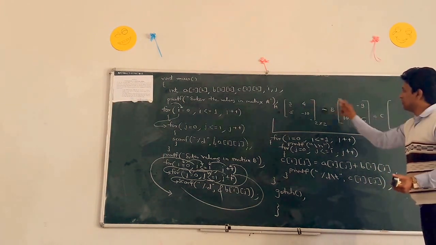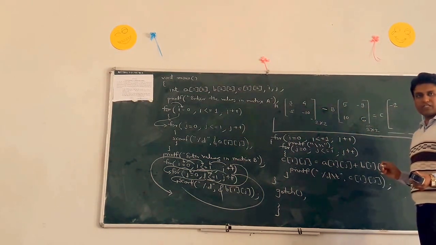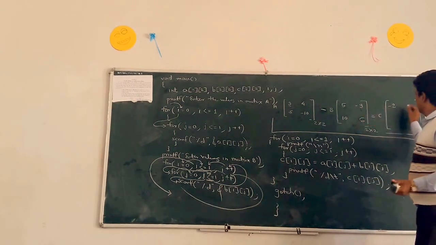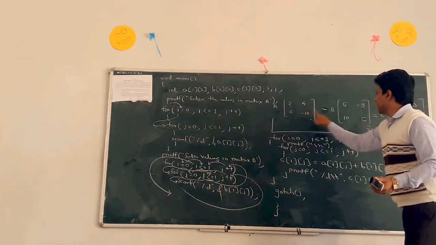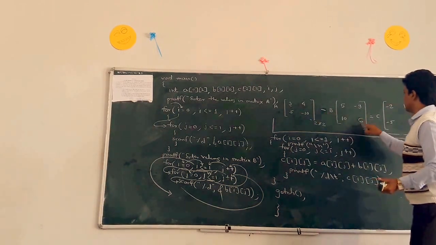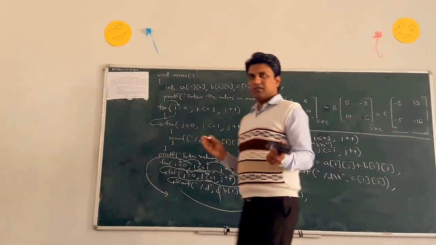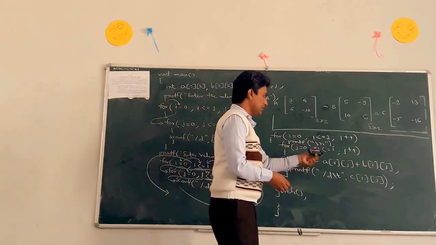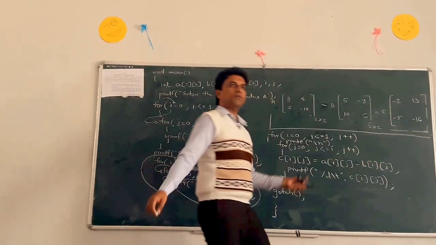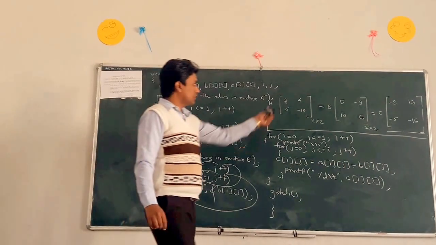So what is the result? 3 minus 5, that is minus 2. 4 minus minus 9, that is 13. 5 minus 10 is minus 5, and minus 10 minus 6 is minus 16. Okay, this is the result. In the coding, the only thing we have to change is to replace the plus sign with minus and check the same result. So you got the subtraction result.